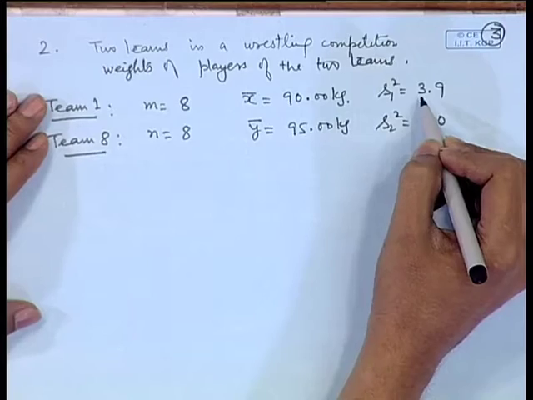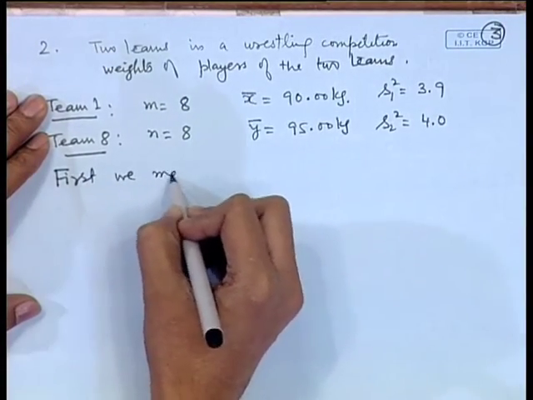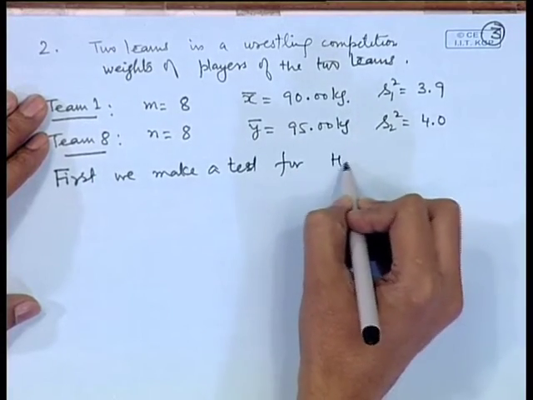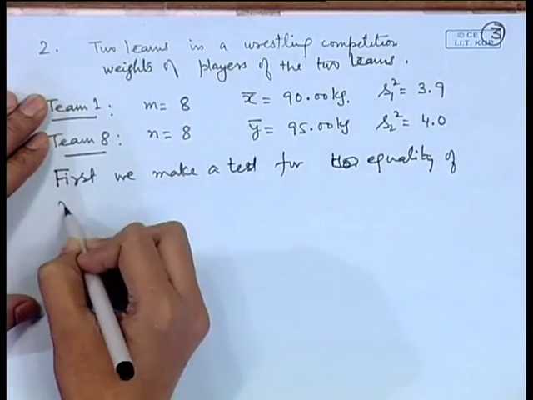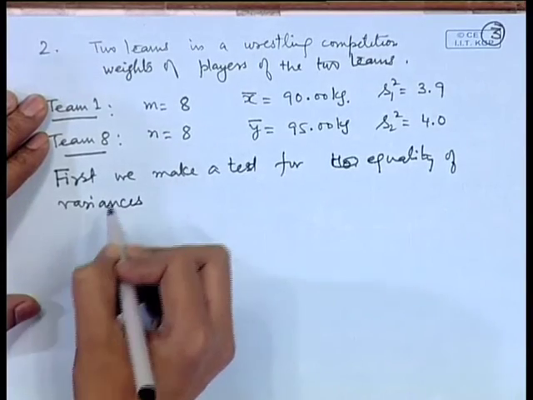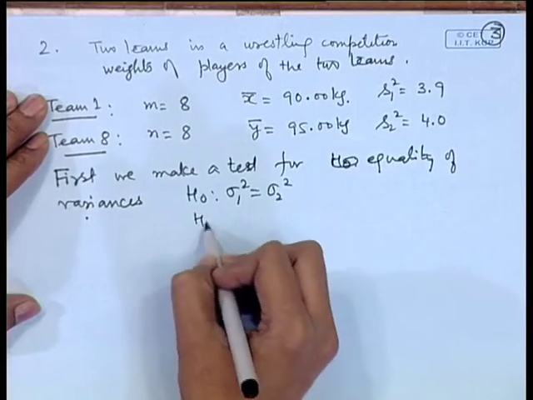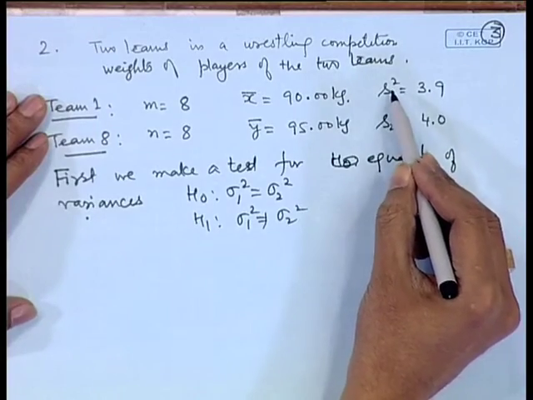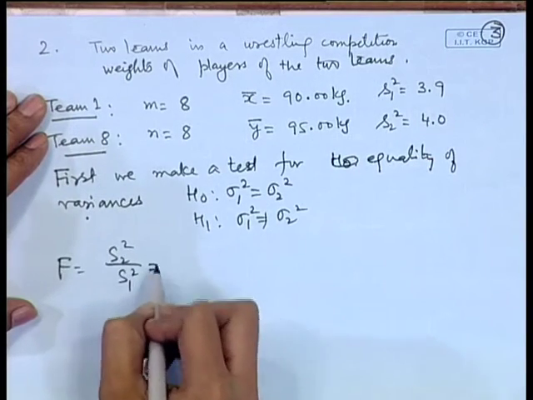So, firstly let us make a test for equality of variances. That means, we test H naught: sigma 1 square is equal to sigma 2 square against H 1: sigma 1 square is not equal to sigma 2 square. Now, here you see that S 2 square is bigger than S 1 square. So, we make F as S 2 square by S 1 square, which is equal to